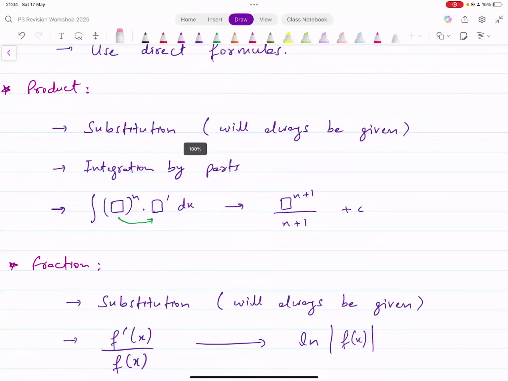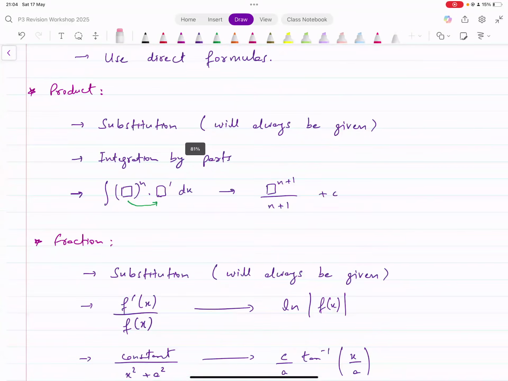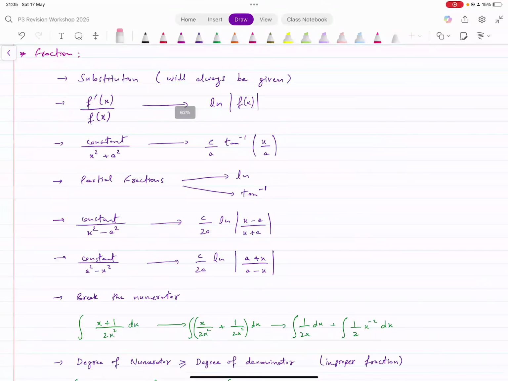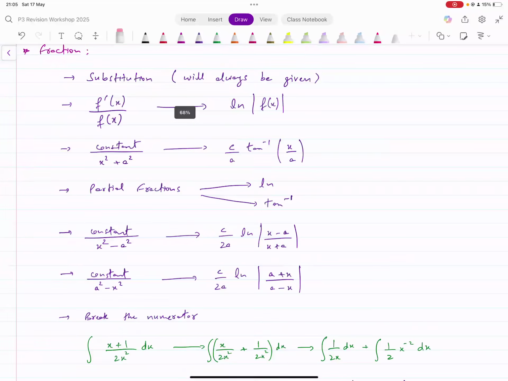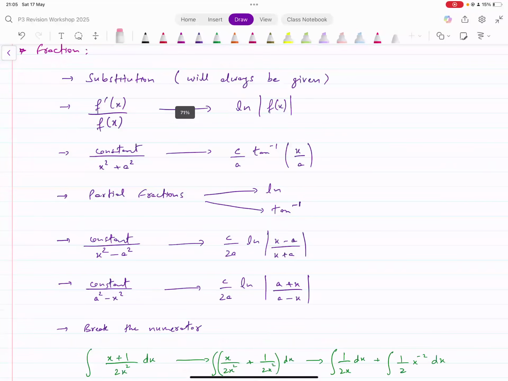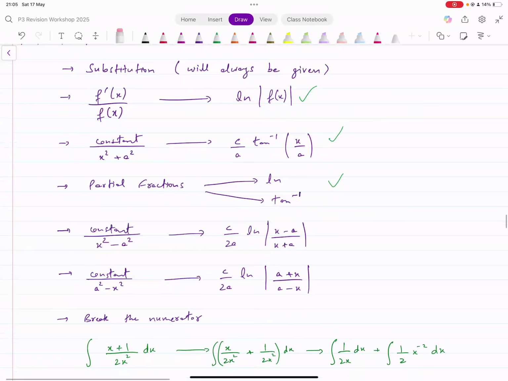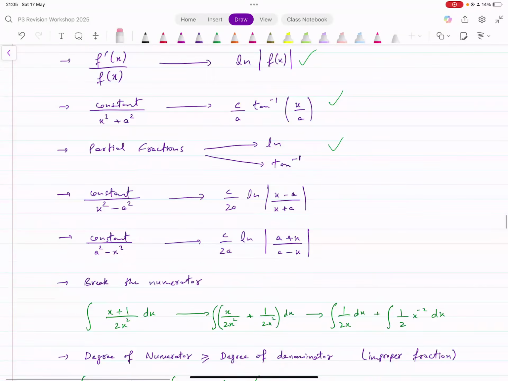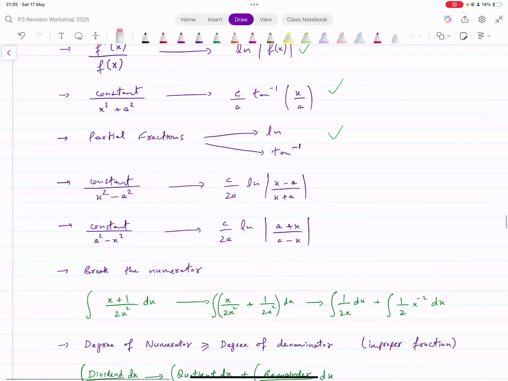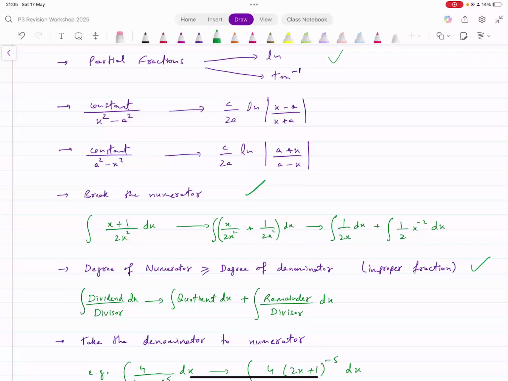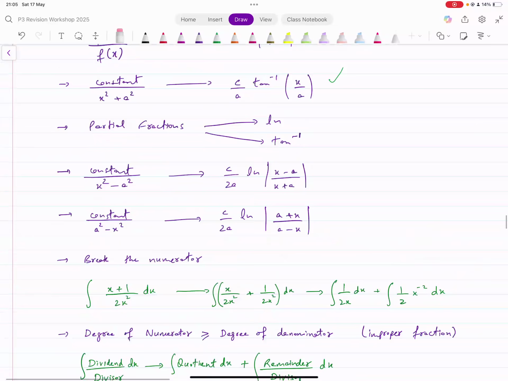For fractions, we've got a number of rules. You might be given a substitution. In that case, you just use that substitution. You have the ln rule, tan inverse rule, partial fractions. After partial fractions, you could integrate using ln or tan inverse then. Then you have these 2 specific forms of partial fractions that are given in the formula sheet directly. You could split the numerator. You could use the improper fraction method, break it down into quotient plus remainder over divisor if it's an improper fraction. And then